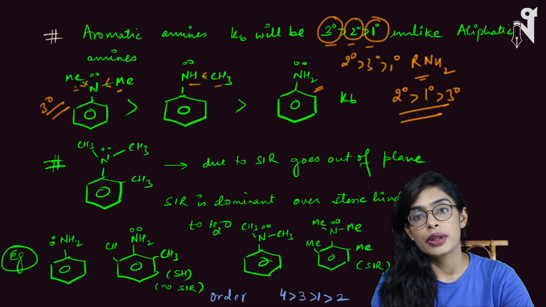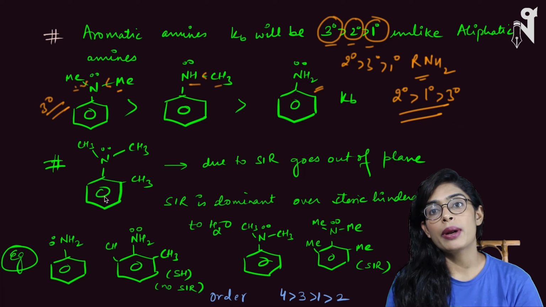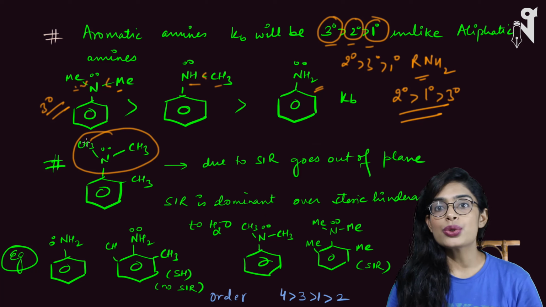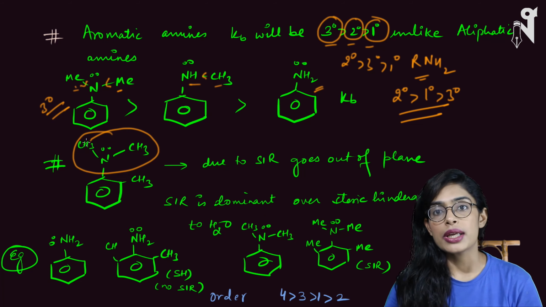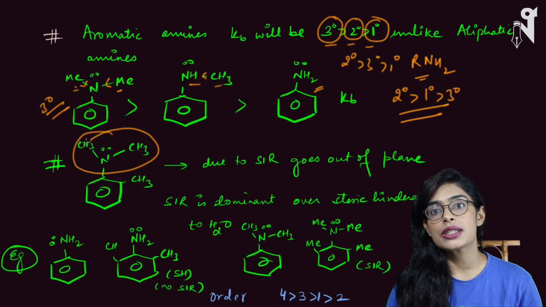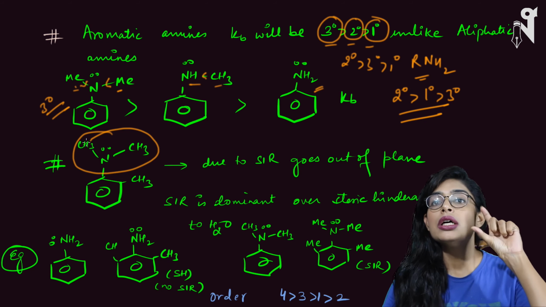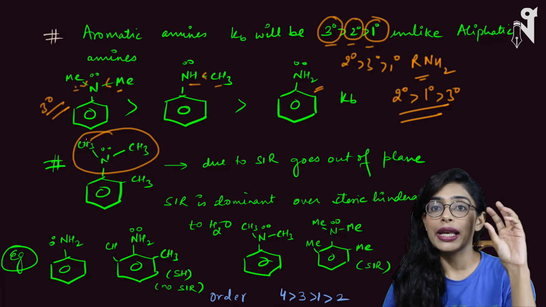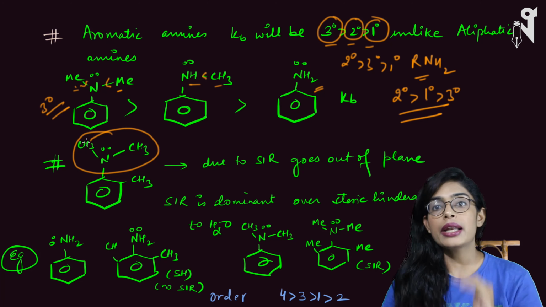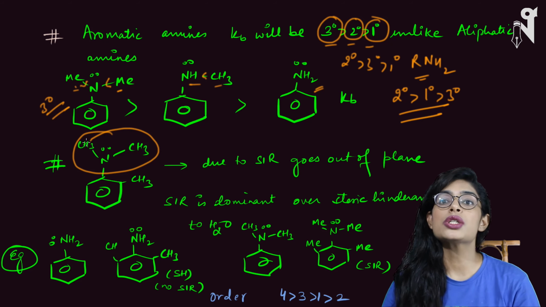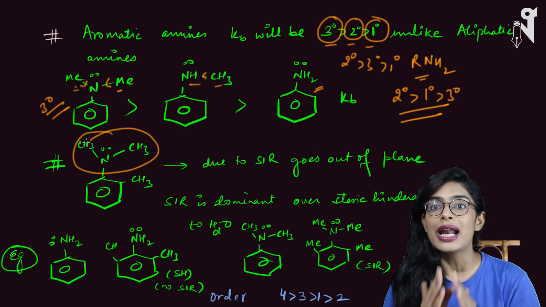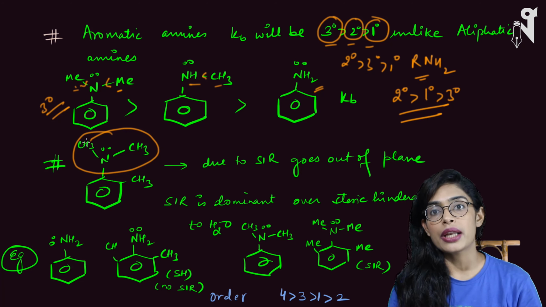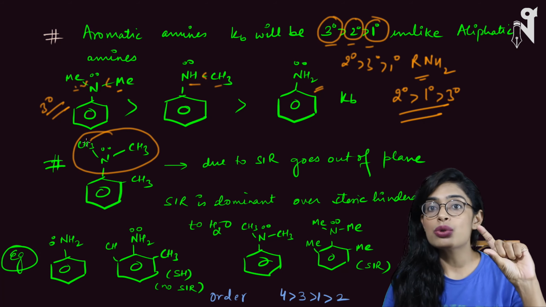Here we have a very important thing. When we talk about a tertiary aromatic amine, that is tertiary aniline, this is a bulky group. And I told you when we were talking about steric inhibition of resonance that any bulky group will face steric inhibition of resonance, and the group will go out of the plane. This was not happening in aniline till now, because NH2 is a small group, and anything on the ortho position was just causing steric inhibition of protonation. That means due to steric hindrance, H2O was not coming closer to the nitrogen, but it was not making that nitrogen go out of the plane.